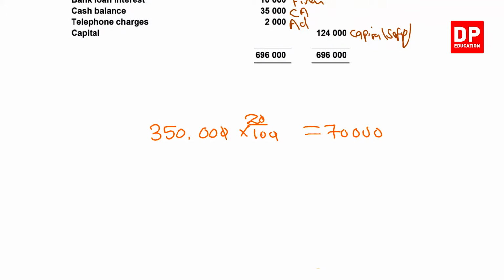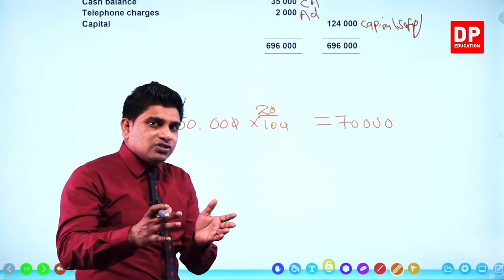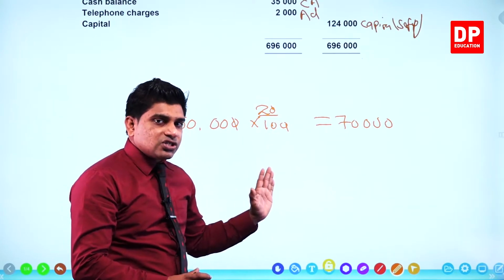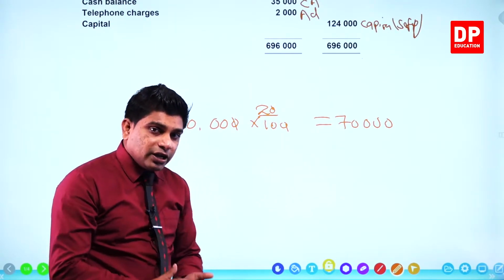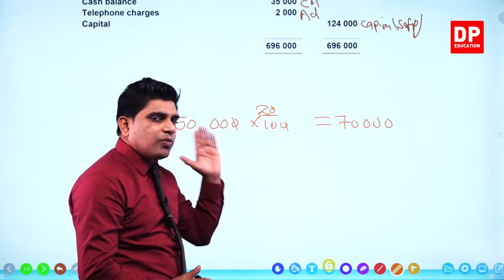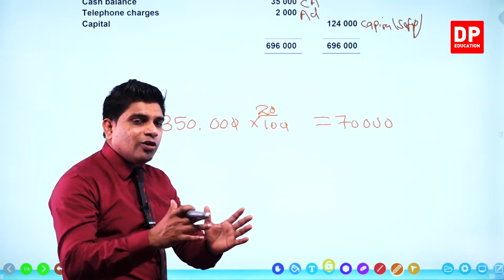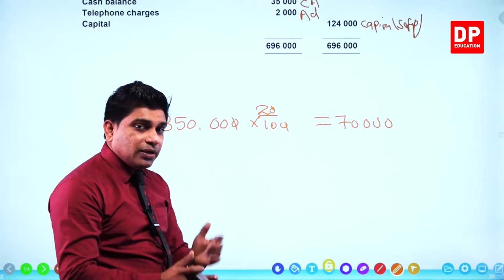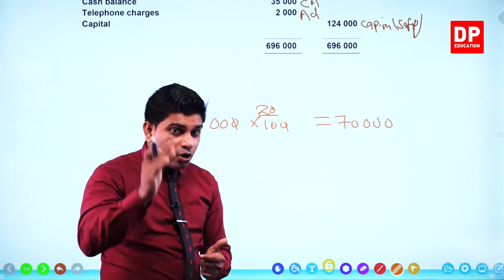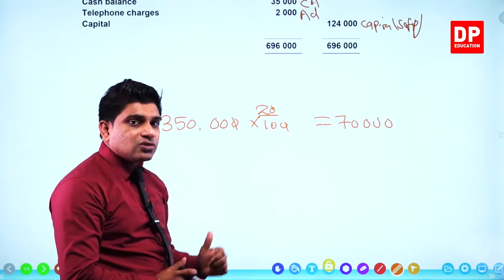You have to write down this working also, right? When you refer to this question again in future, you can understand how these values came to your question. So everyone, not only the question, you must do this calculation. You must write down this calculation in your writing book. This is very important, more than the question. You know how to do the question, but you don't know how these values came to your question, and sometimes that time you may get confused. So you must copy down these adjustments and workings also, right?